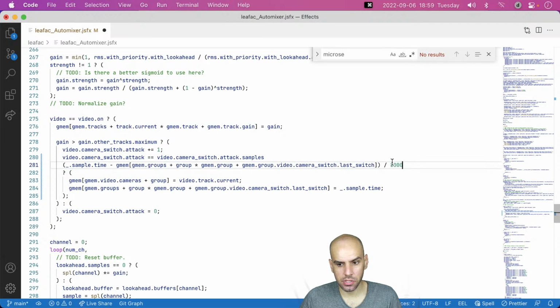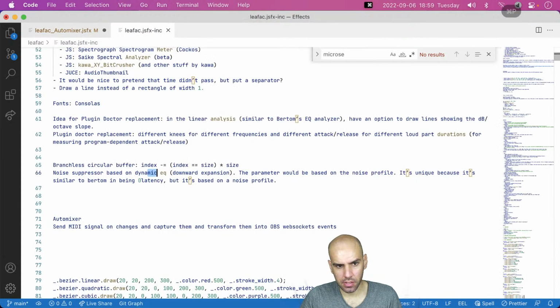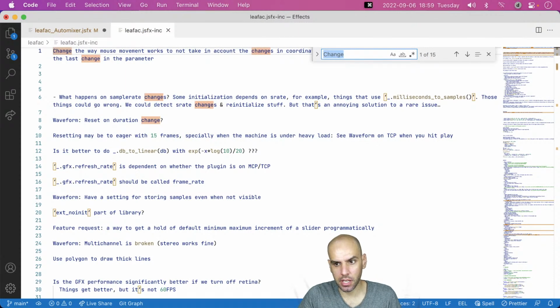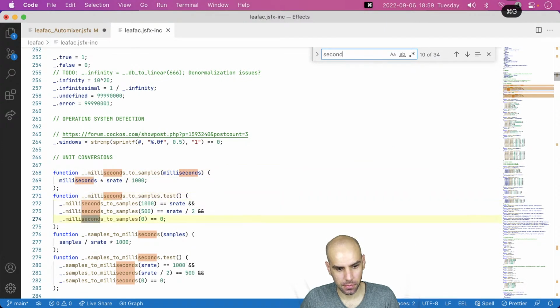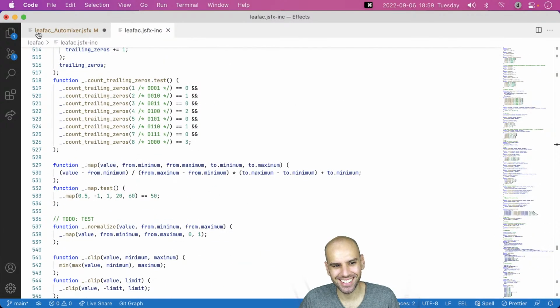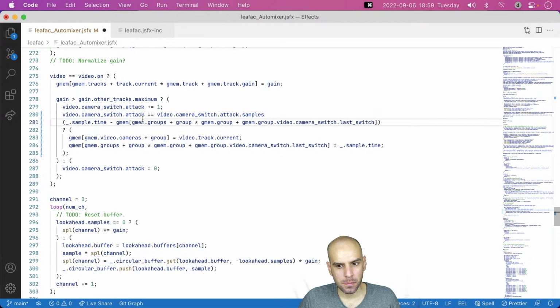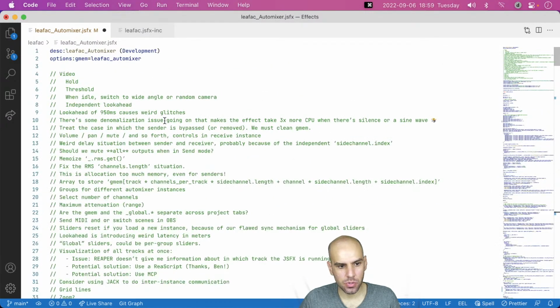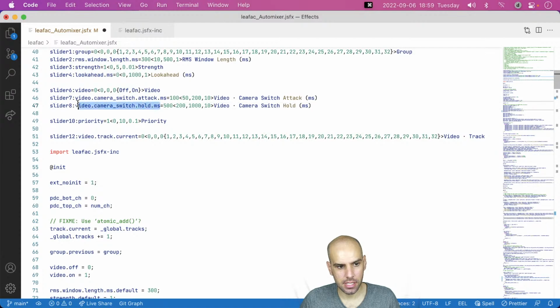Okay, now that we know that, this needs to be in terms of milliseconds. Do we have a library function for this? It is just a division or multiplication, but I can never tell if it's a division or a multiplication, so probably there should be a library function for it. No, there isn't yet. Maybe in the future there will be. Anyway, I want to compare this to the slider that is given in milliseconds already.